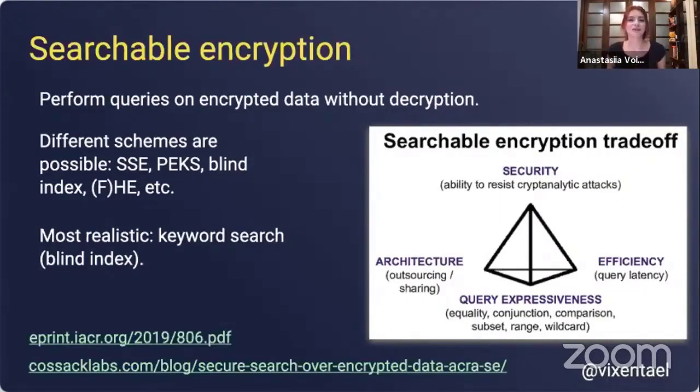There are many schemes available. Symmetric searchable encryption, public key encryption with keyword search. As I mentioned previously, homomorphic, fully homomorphic encryption. From my perspective, again, fight me, the most realistic, most production-ready approach in searchable encryption right now is keyword search, where you have encrypted data and you have a query, a keyword, and you search the database for this keyword. This is very useful when you have some encrypted personal data like emails, and you can search by email